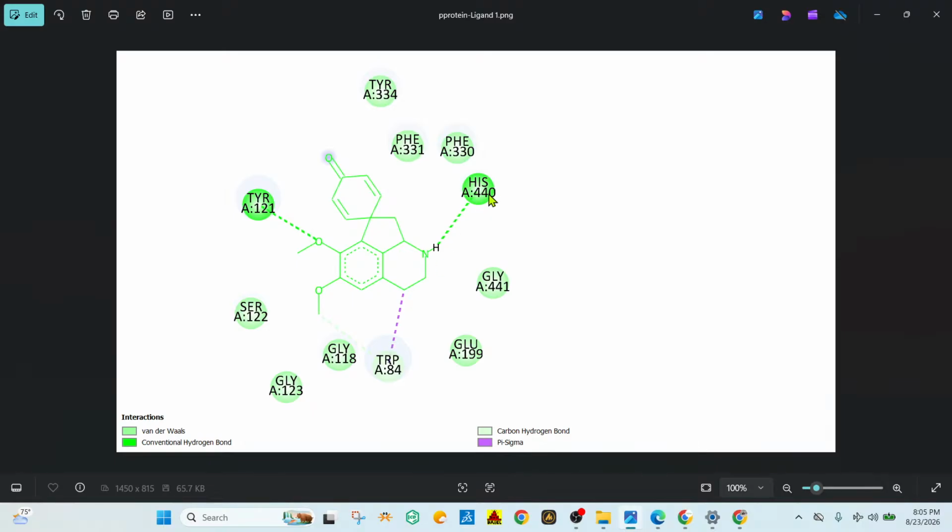Okay, and histidine is already present in the catalytic region. And the interaction with tryptophan is very important to form a pi-sigma bond interaction. So it is very important for any kind of biological property, especially anti-acetylcholinesterase activity, or you can say acetylcholinesterase